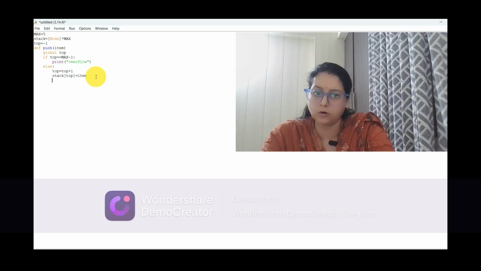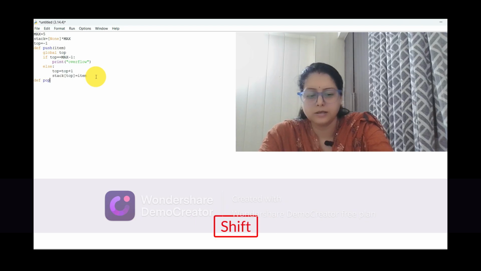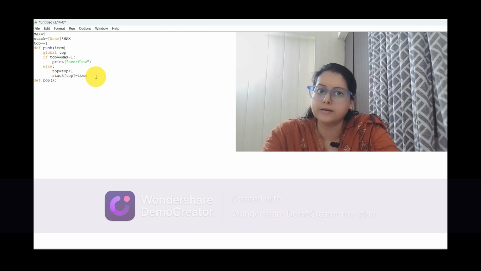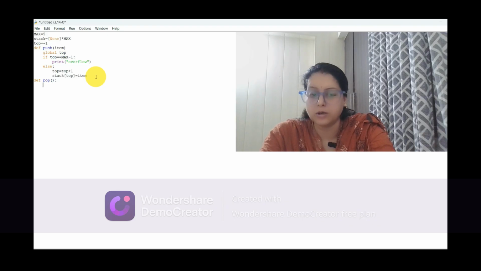Now we have to check the overflow situation also, and if it is not overflow, we can insert it. This is how we can insert it. So come outside this function, and coming out means the indentation will be just normal. We are now out of the function, at the normal indent at the start of the page. Now we will create another function, the pop function. Inside that, first of all, what is to be checked? If we need to delete something, first we check that it is not underflow, meaning the stack should not be empty. If nothing is there, what is to be deleted? So first of all check the underflow.